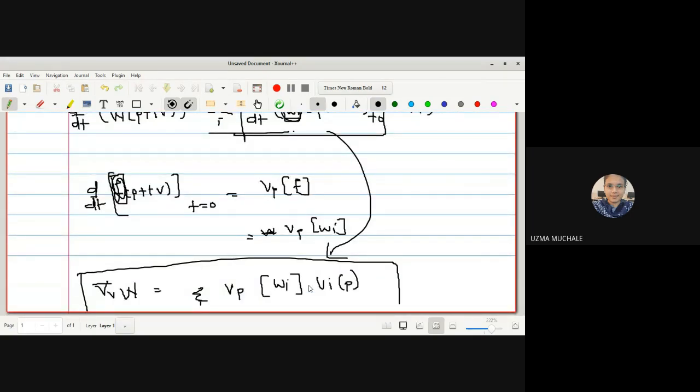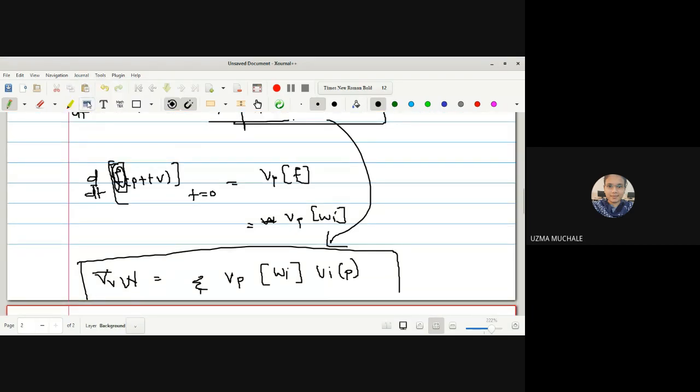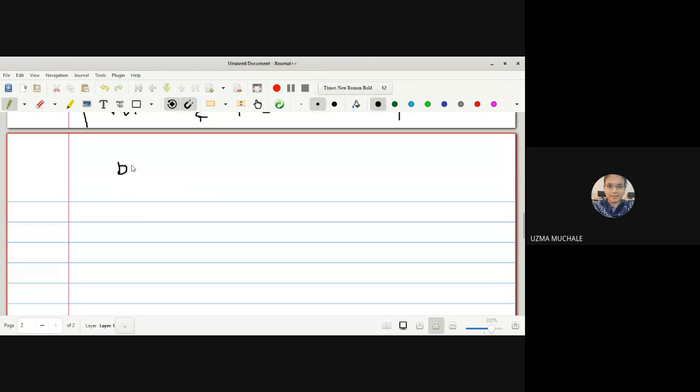So you can say that the covariant derivative is a generalization, or you can say that the covariant derivative can be written in the form of a linear combination of directional derivatives. Firstly we have seen that the directional derivative can be written as a linear combination of partial derivatives, and a linear combination of directional derivatives gives you the covariant derivative. Now let us solve the same example with this formula and we'll see what is the result.